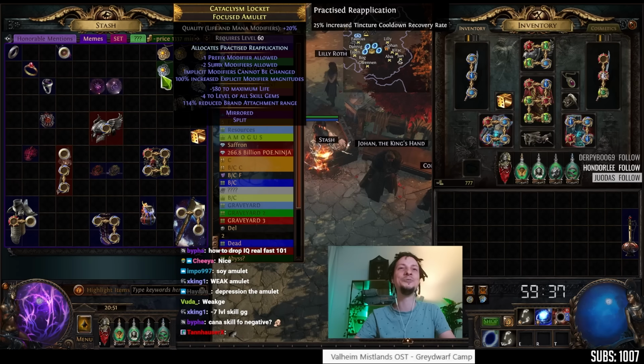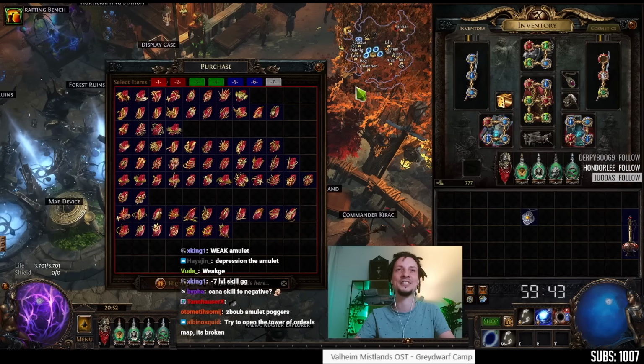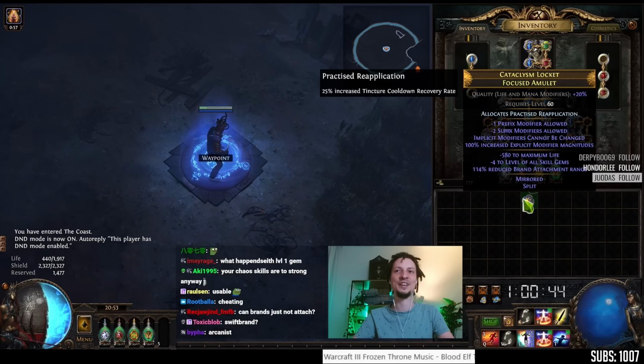Oh, and a reduced brand attachment range. 114% reduced brand attachment range. Let me show you guys something. So I'm putting on this amulet,